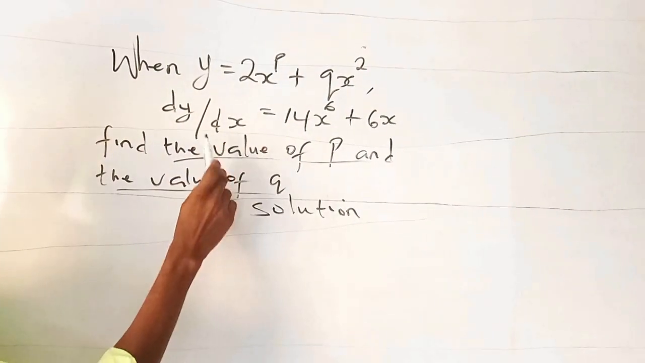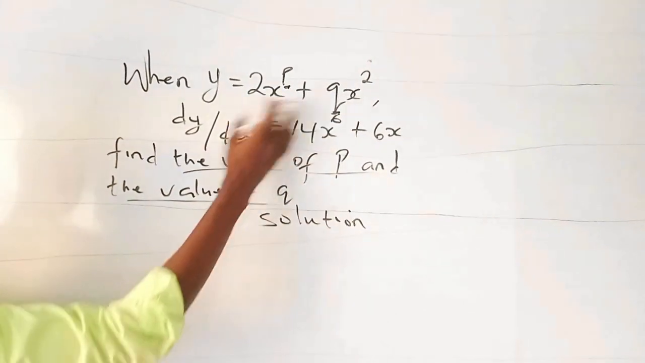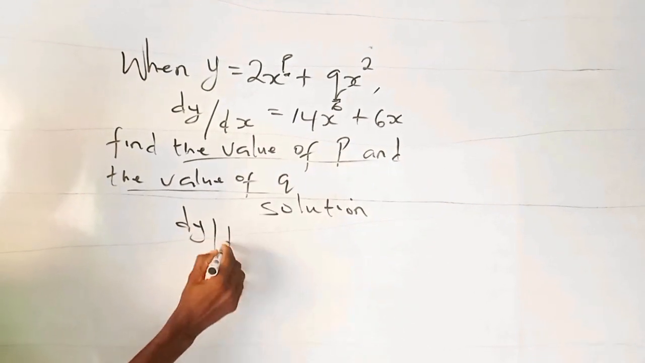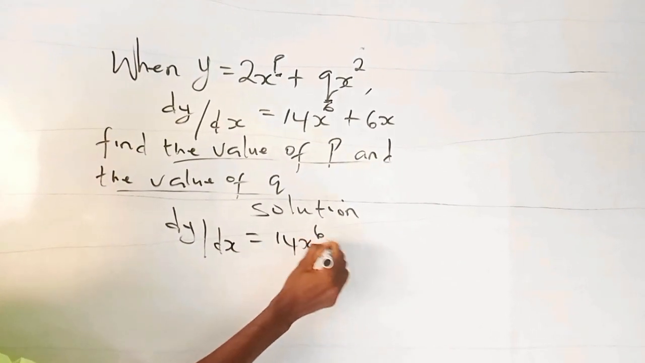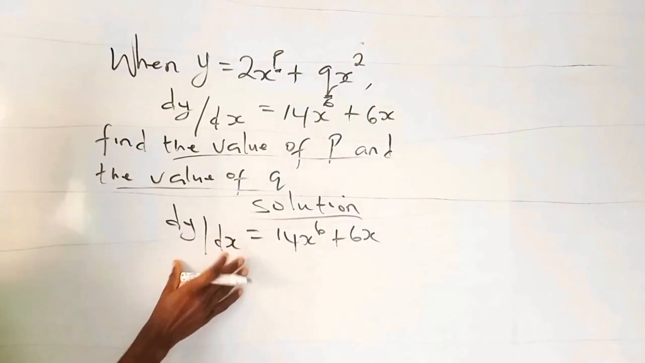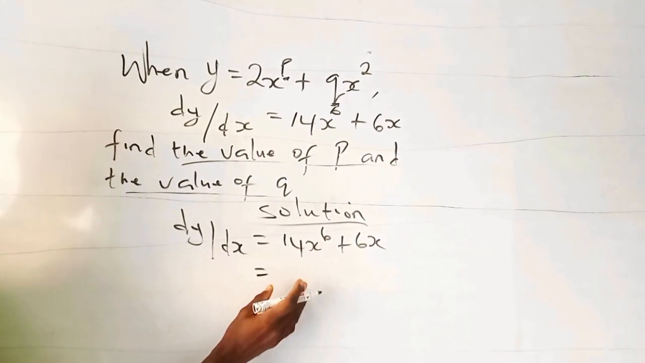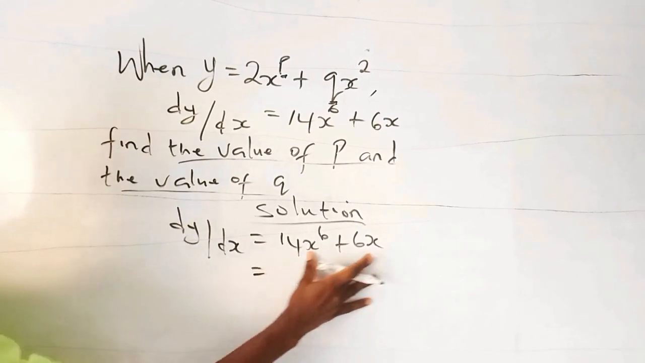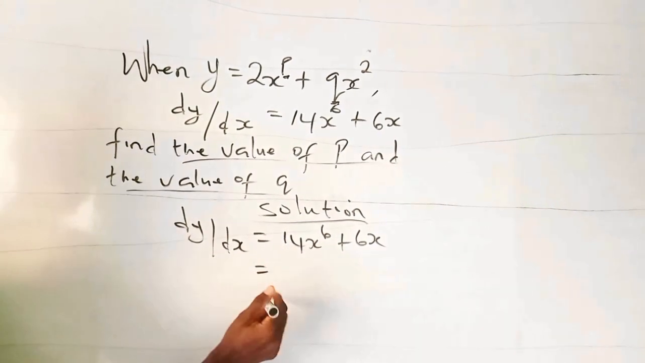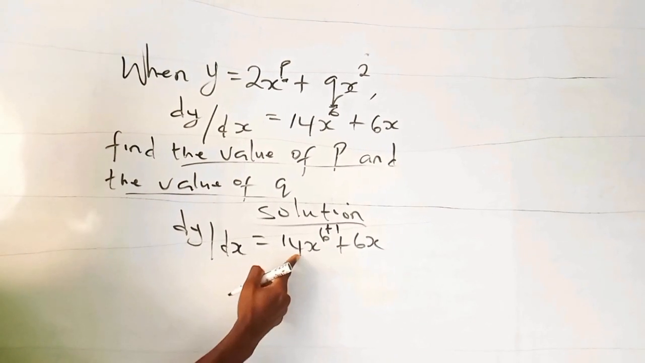So when we look at this function, we are asked to figure out p and q from here. But in the question they said dy/dx is given as 14x raised to the power 6 plus 6x. So what this means is that there's a function that was differentiated to arrive at this. To figure out that function, we need to integrate this to get the original function that was differentiated to get this. So to do that, we integrate by adding 1 to the power